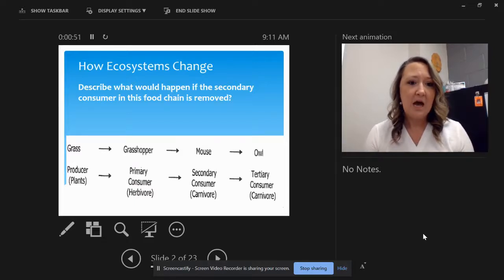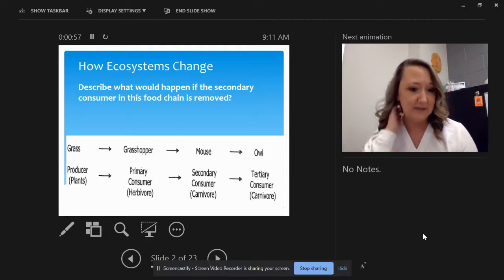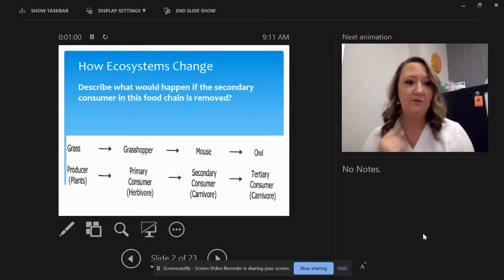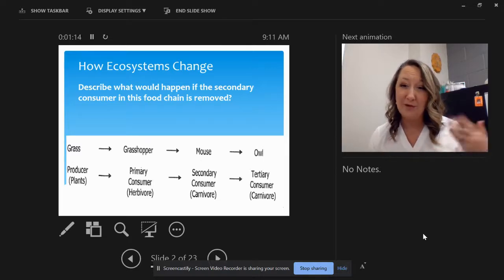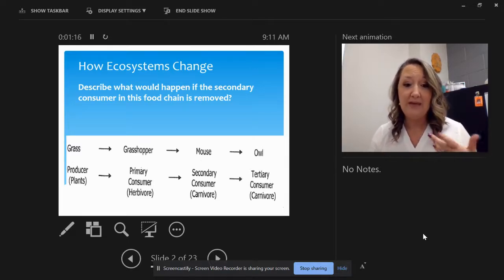So let's just remind ourselves about food chains and how important they are in an ecosystem. So if we were to remove the secondary consumer in this food chain, what would happen? So if we took the mouse out, what would happen to this secondary? What would happen if we took out that secondary consumer, that mouse? Maybe there would be a lot more grasshoppers, or maybe the owl would have to find a different food source,